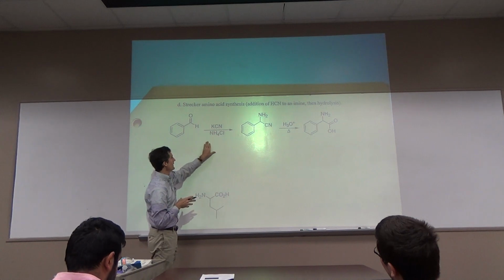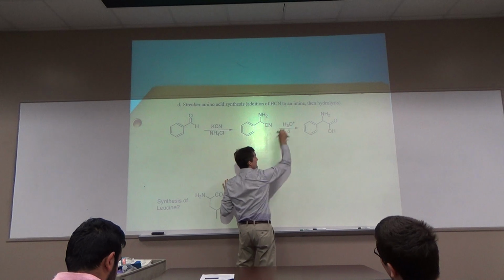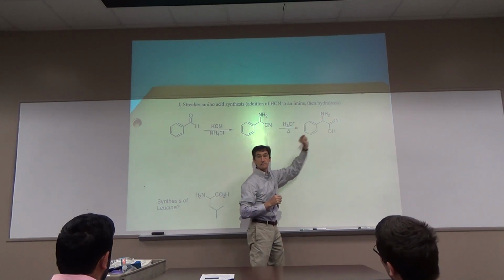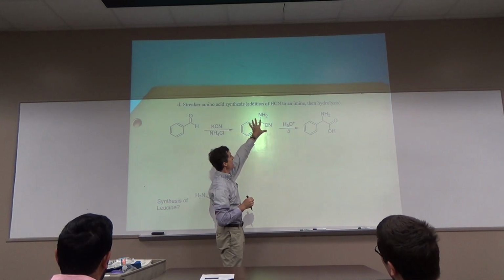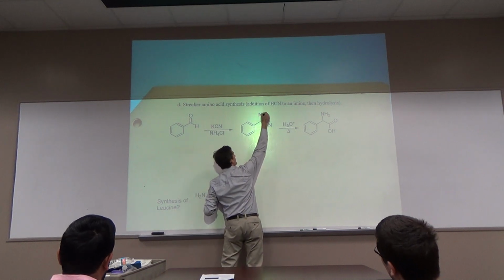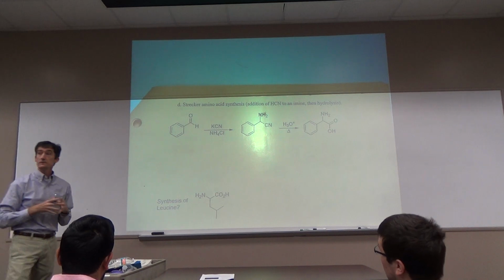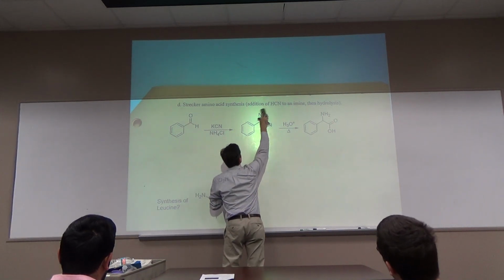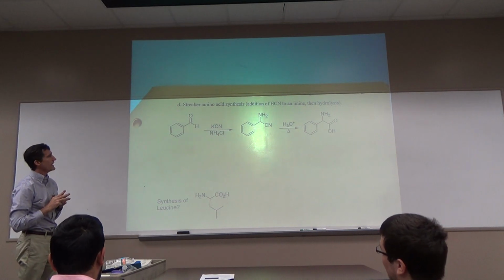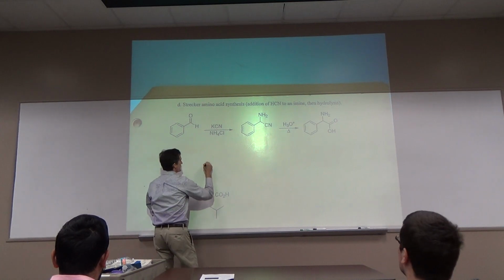KCN and ammonium chloride. We can get this product here. From here, that's just an acid derivative reaction. Hydrolyze the nitrile to the carboxylic acid. So that's really nothing new. How do we get this? If that was an OH, what would that functional group be called then? Right, cyanohydrin. This is sort of like a cyanohydrin. How do we get to this part? This comes from